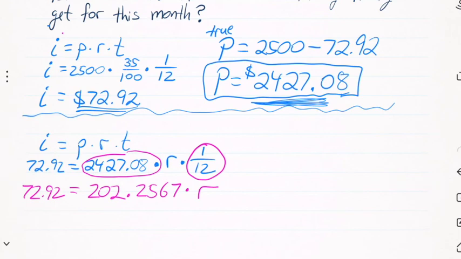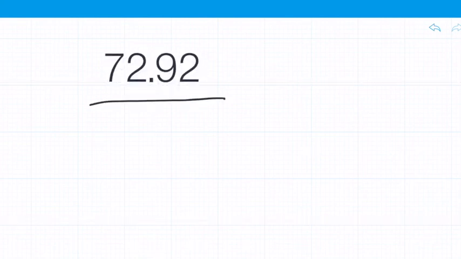All right, now we have a little bit of a problem. I have the 202.2567 number in my calculator, but I want to divide both sides by it. Now, there's nothing to save it. You're going to just have to write stuff down. So we're going to have to divide both sides by this 202.2567 to get the r by itself. 72.92 divided by